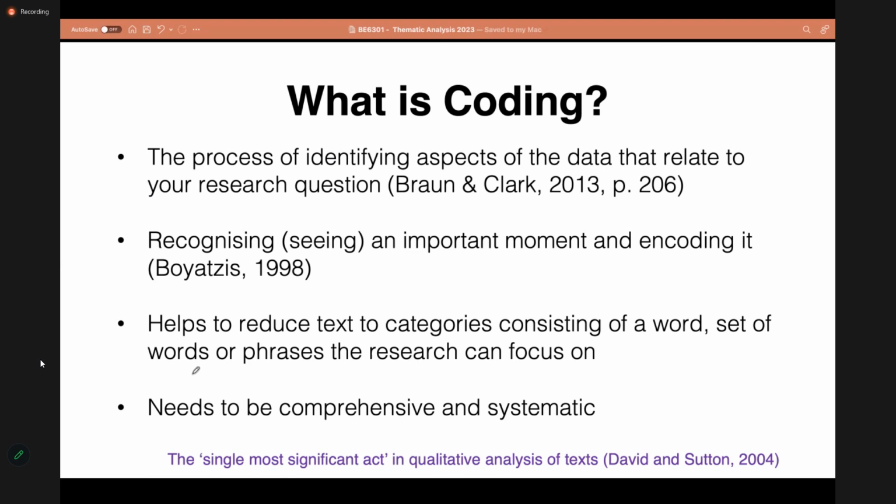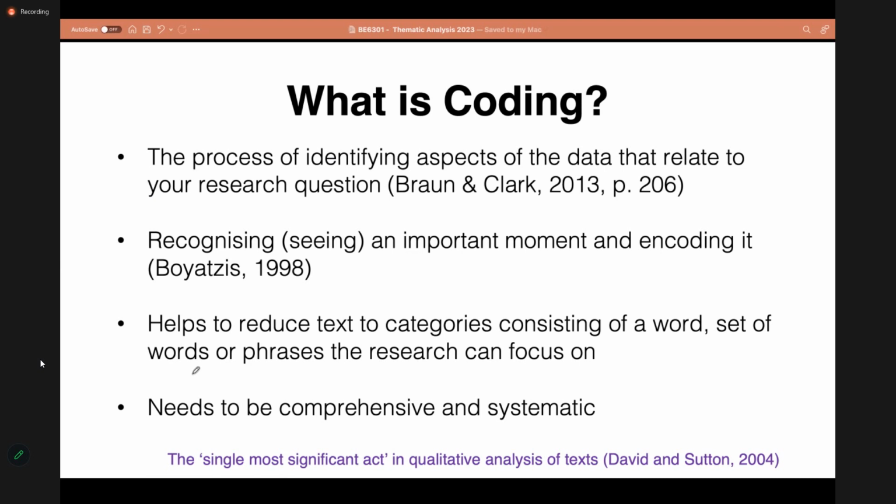So we are analyzing data to answer our research question. This coding helps us to locate parts of our data that will help us to answer our research question. So we are seeing these important moments, important aspects, and we are coding them, giving each a label basically.